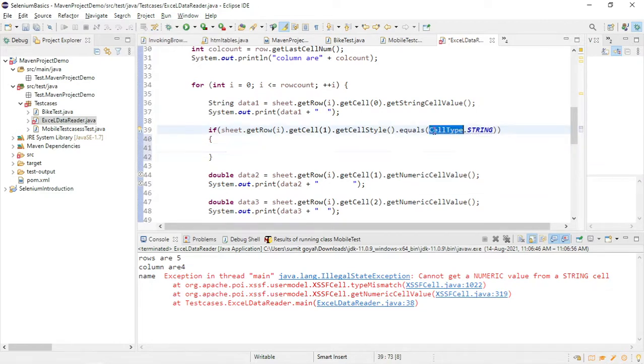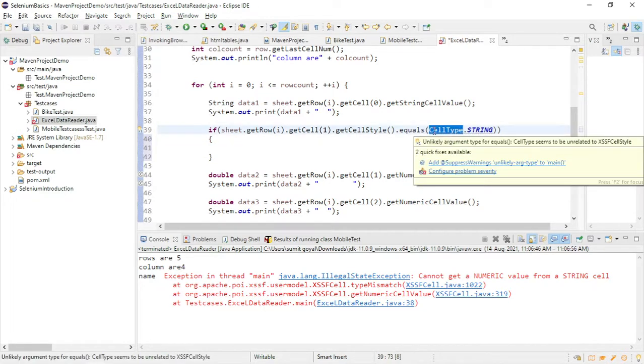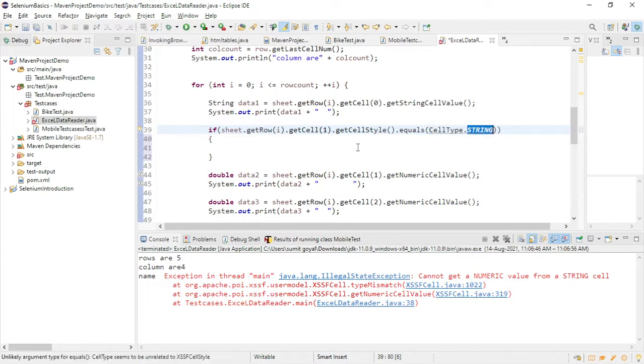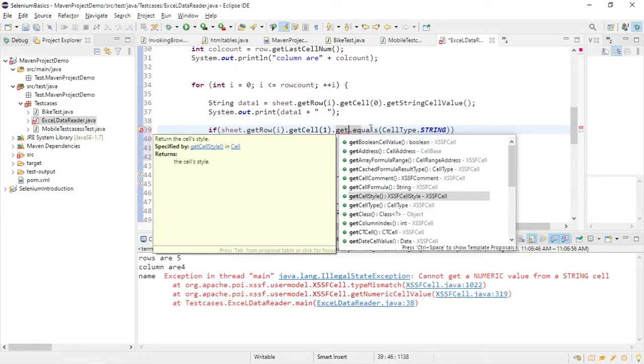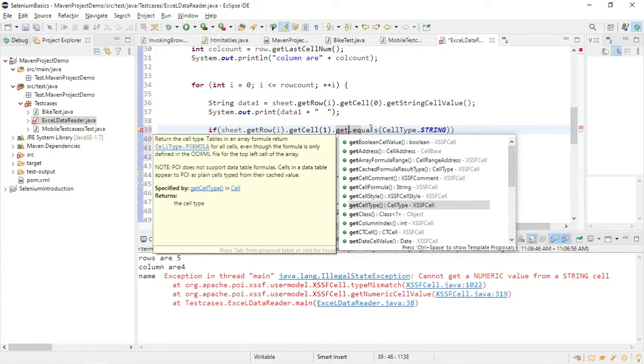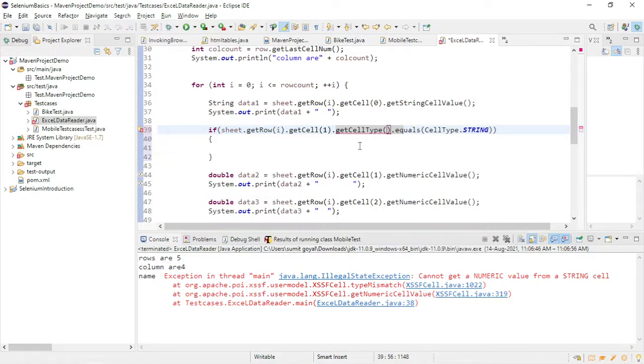There can be dot, let me check, dot get cell comment, cell formula, cell style. Okay, so we can use this one because on the right hand side also. Let me check this one.